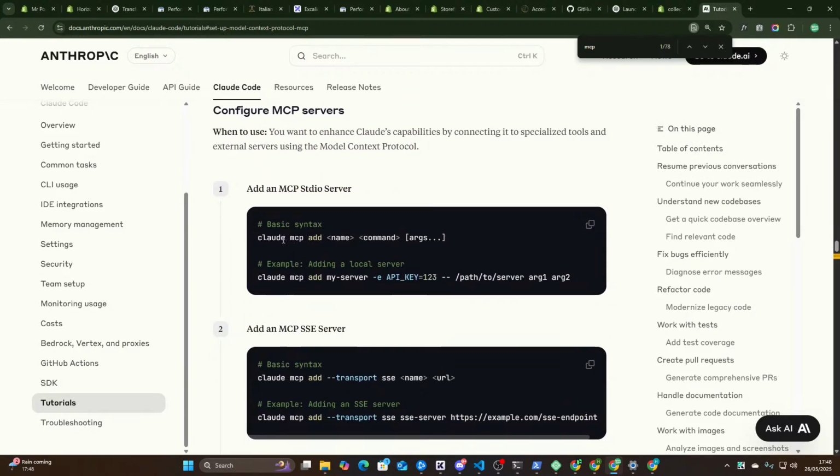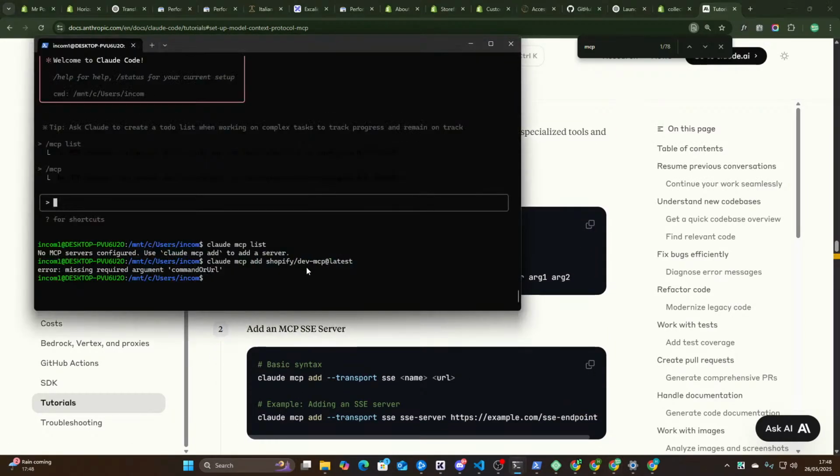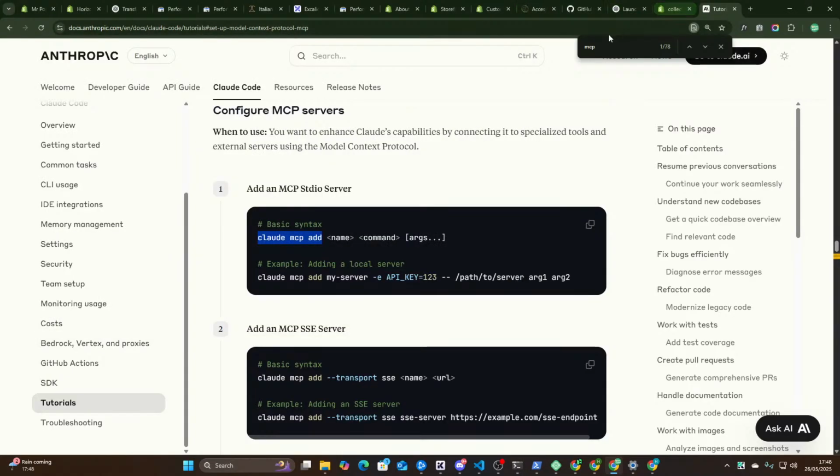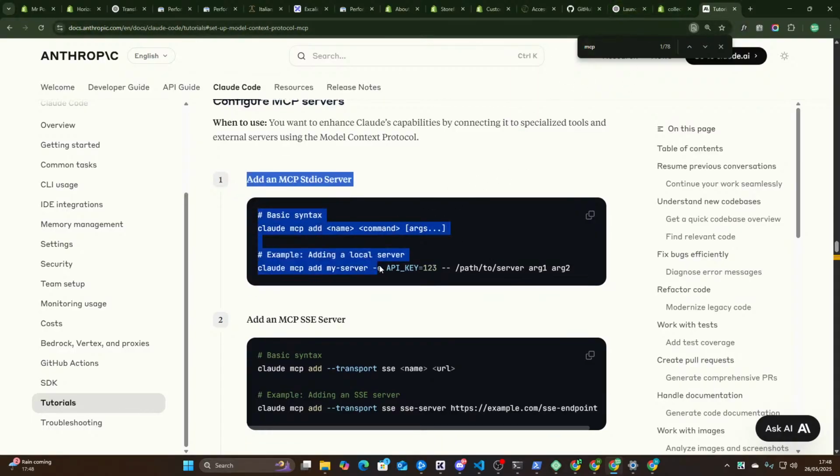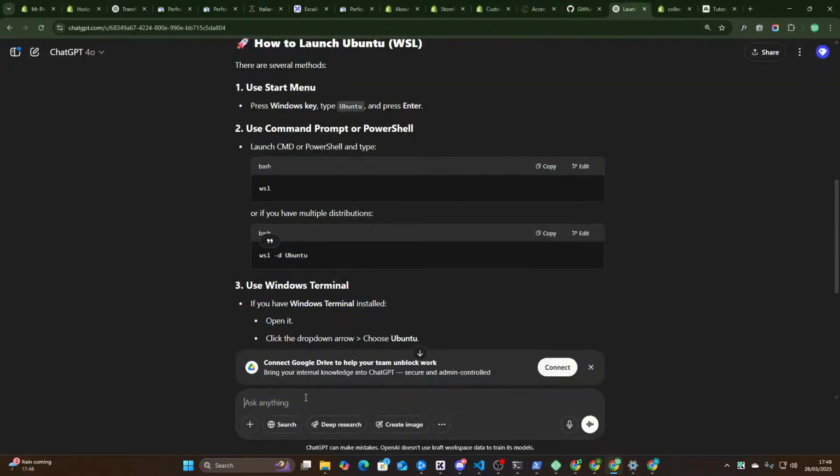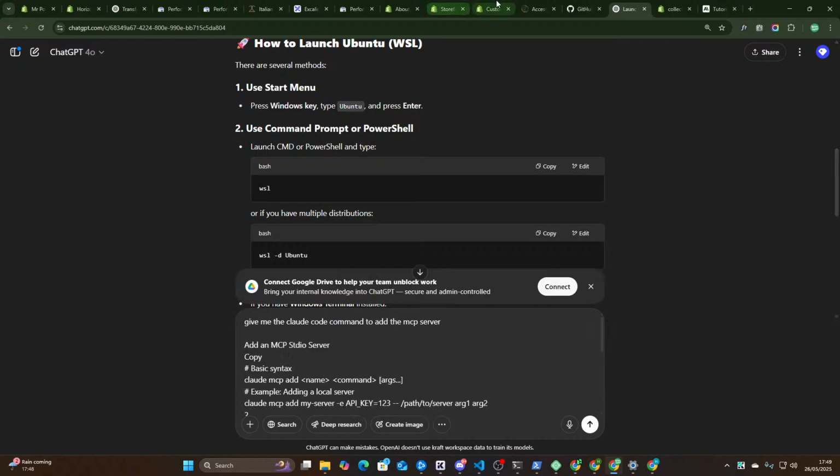Okay, perfect. So it's Claude Code add name, so the name is command args. I'll just use ChatGPT for this. Give me the Claude Code command to add the MCP server. And then